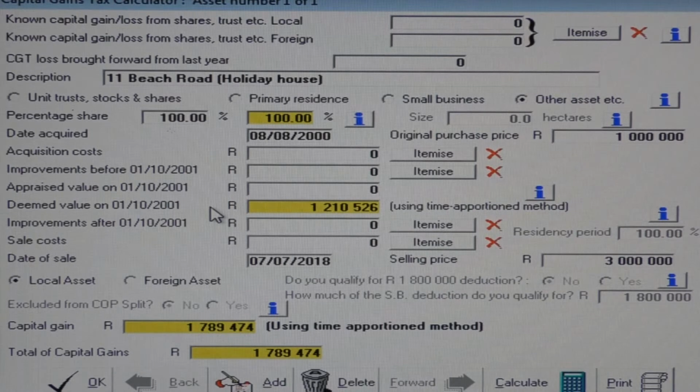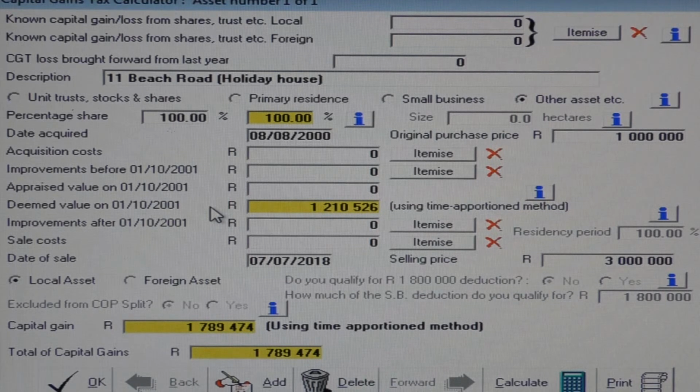You can count the number of years before the valuation date and after the valuation date, but remember that a part of a year, even one day, counts as a full year. From 8th of August 2000 to 1st of October 2001 is counted as 2 years. From 1st of October 2001 to 7th of July 2018 is counted as 17 years. 2 years before the valuation date plus 17 years after the valuation date makes 19 years. If we divide the 2 million rand profit by 19, we get